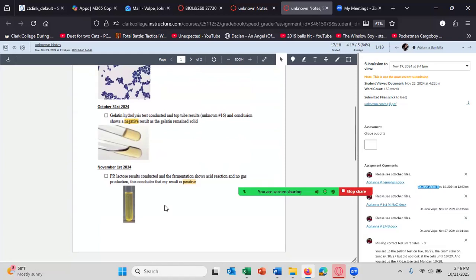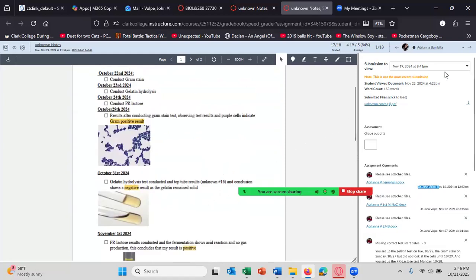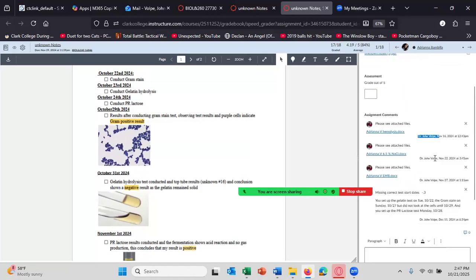Anyways, you request a test in the unknown notes page, and this is showing you an unknown notes page for a student. And I will send you in your unknown notes page the result, and I'll send it in the comment section. Students should not use the comment section. You should put your comments, if you have a comment, in your document and then submit the document. You can submit an infinite number of documents in the unknown notes pages. And you don't have to worry, everything will be dated. Actually, it's even timed. And then I will submit it in the comments.